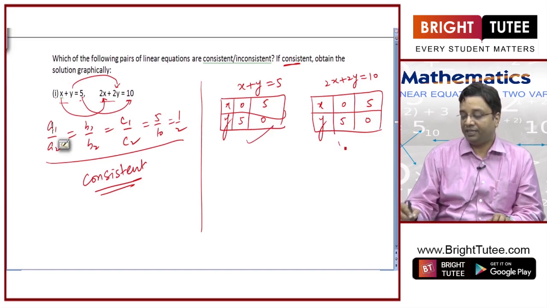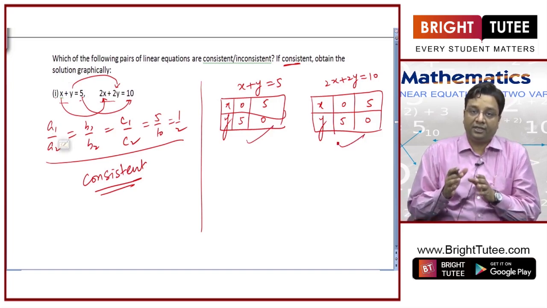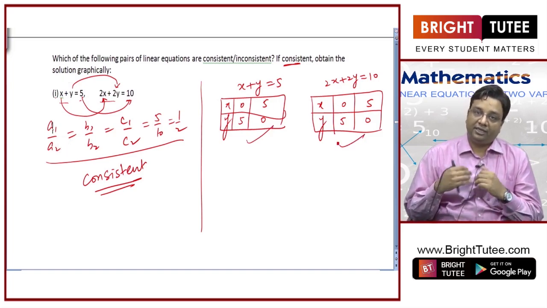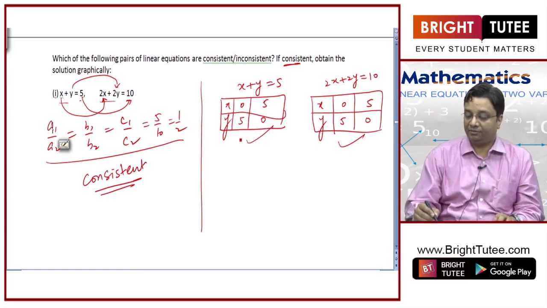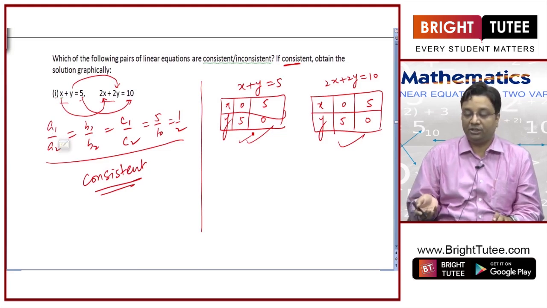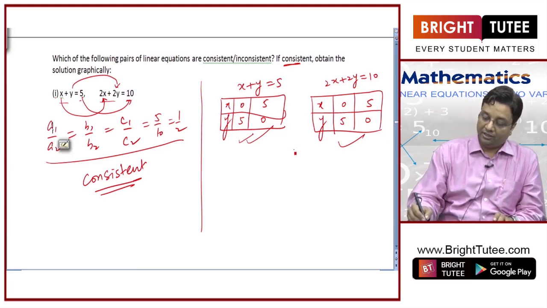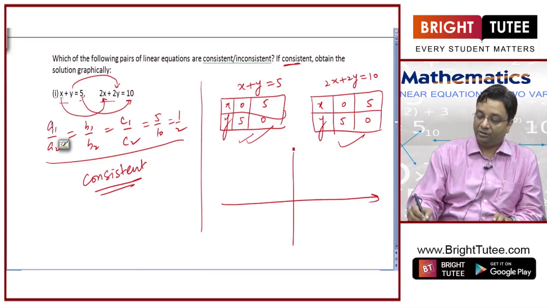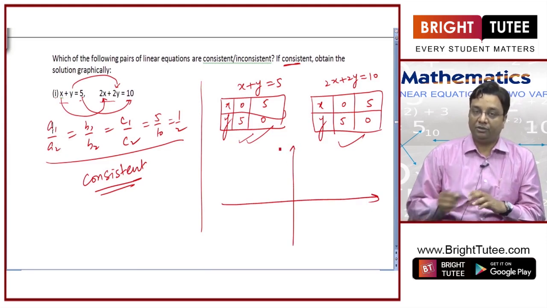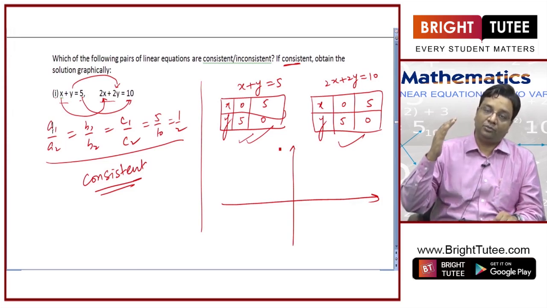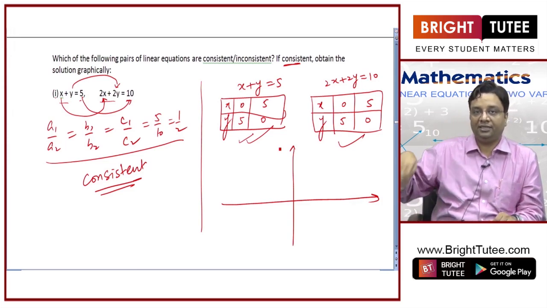I have taken the same points here to draw these lines, but you can take different points. You will see that both the lines will be exactly the same line,